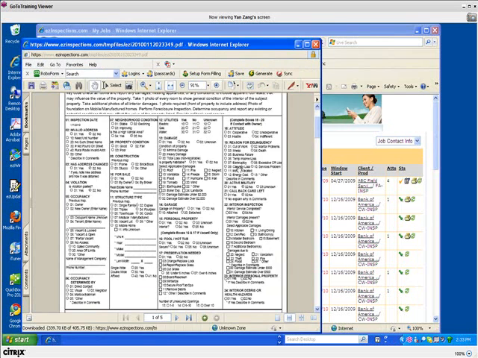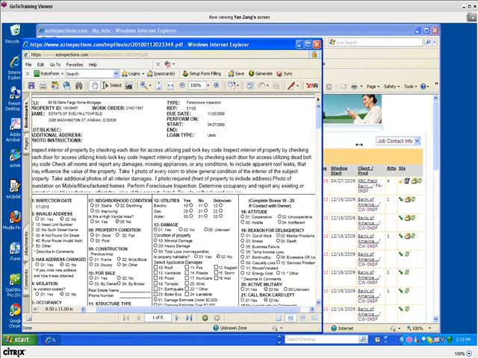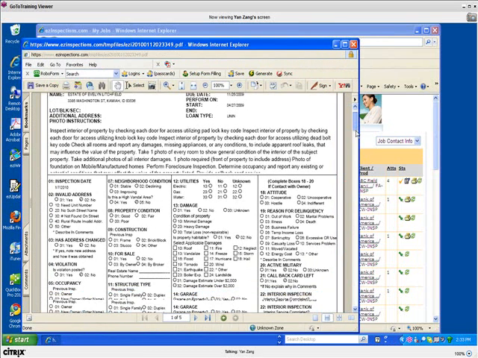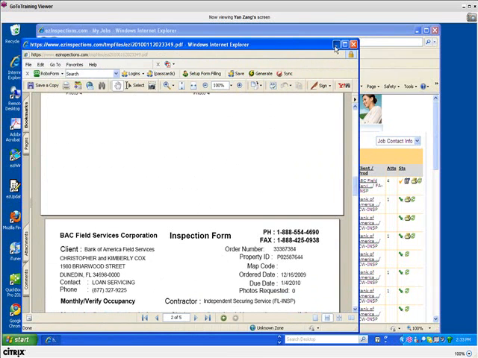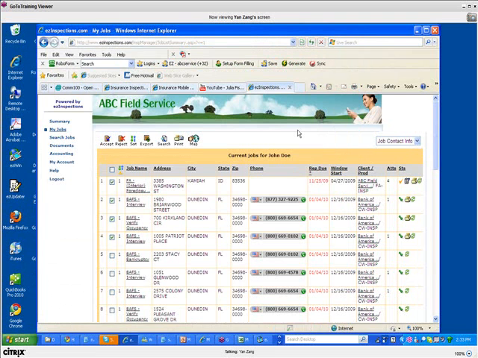You print them out first, take it to the field, and when you're done with the completed report, completed form, and the photos, you come back here